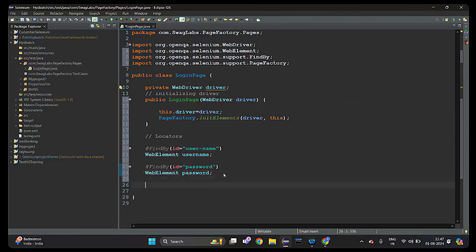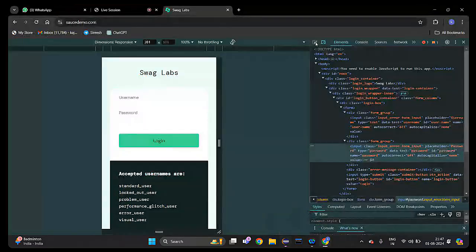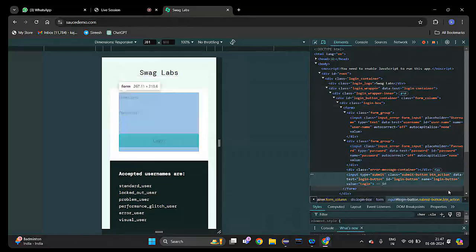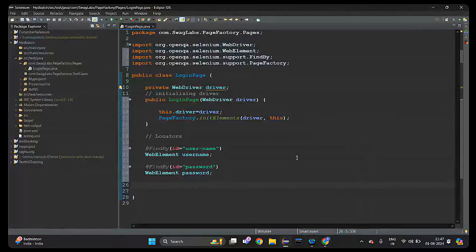Now, what is the third element we need to identify? The login button, right? For the login button also, an ID is available here. @FindBy(id =